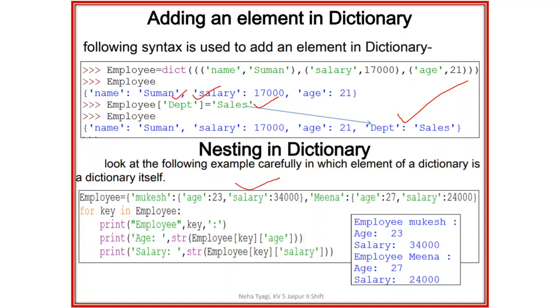Nesting of dictionary. I have also taken one example in the previous slide regarding student record. If you want to maintain student record, here student name like Mukesh is a single key, but its record has different values. In this way, to create a dictionary for this, we have to take a nested dictionary. Here Mukesh is the key, but the value is in the form of a nested dictionary. Nested means a dictionary within a dictionary. So using a loop we can print all these key value pairs.